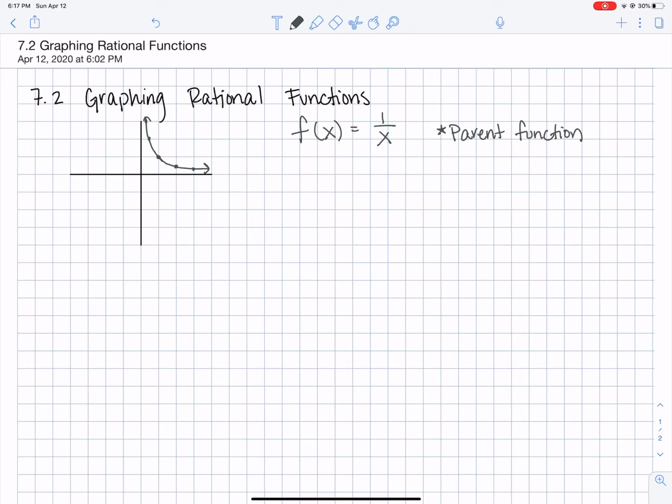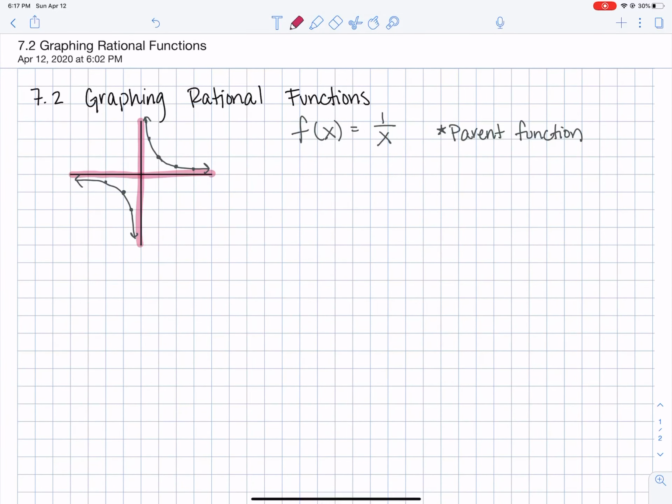And that happens on the negative side as well. So it goes through the point -1, -1, -2, -a half, -a half, -2, and it creates this curve. You can go ahead and check it out on Desmos if you like, that gets super, super close to the x and y axes. And what we call that, when it gets super, super close to these x and y axes, is that we call them, of course, our